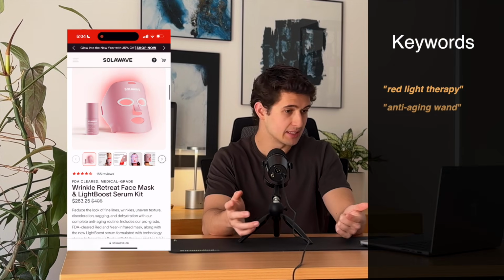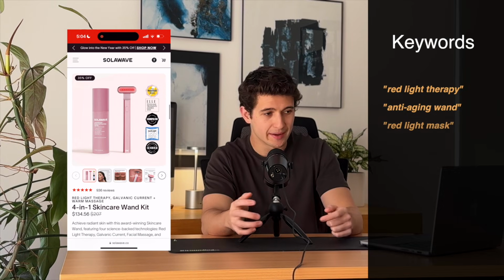product, and desired outcome of your audience. So as an example, we're going to use this brand called SolarWave. So some of the keywords for this brand might be red light therapy, anti-aging wand, red light mask. You need to create a list of at least 10 keywords that you think are related to your product, niche,